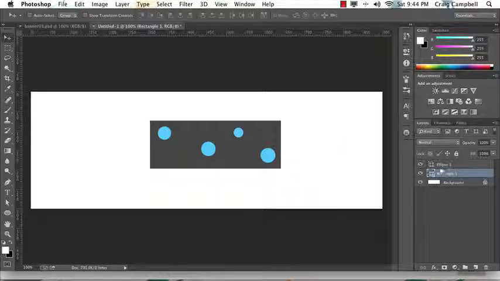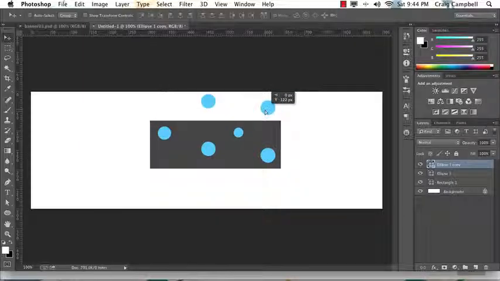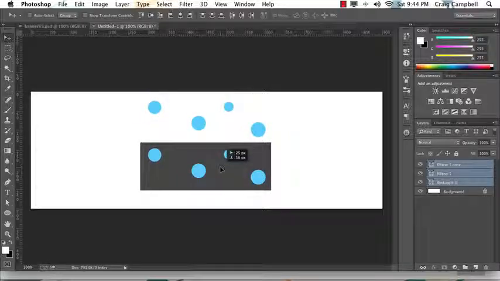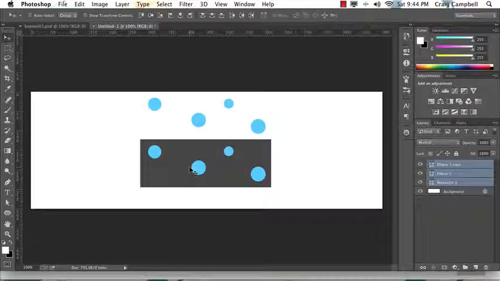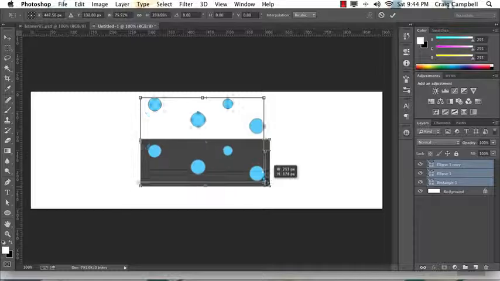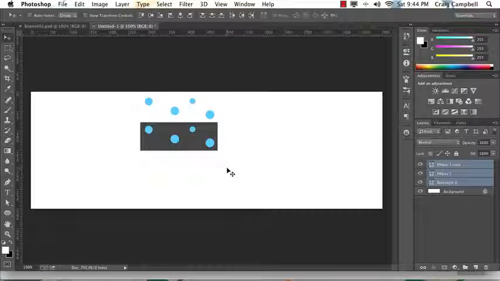So we're going to have a copy of this snow layer. I'm just going to drag that down to the new layer icon to create a copy of it, and I'm going to drag it up here. So we might need to drag all three layers and move them down a little bit so we can illustrate this a little bit better. In fact, let me go ahead and just resize this so that we can fit it all in the viewable